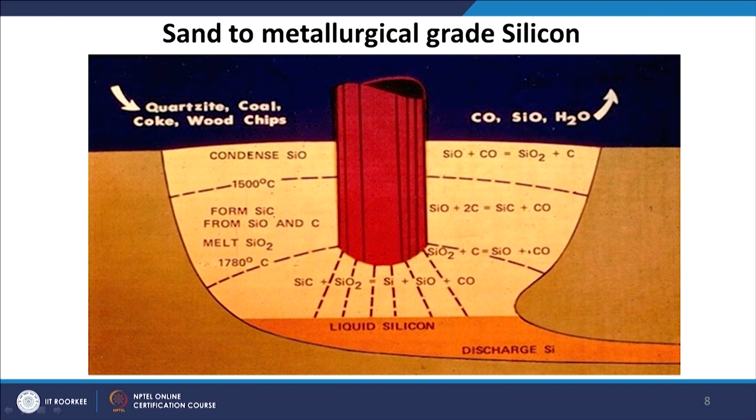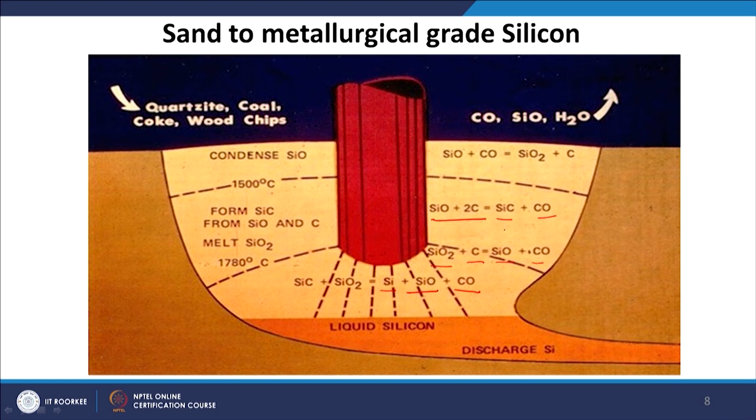From silicon carbide, we get silicon carbide plus silicon dioxide reacting with each other to make silicon, SiO and carbon monoxide. Now, the silicon oxide, or SiO, is reduced by the carbon to get silicon carbide and carbon monoxide. Similarly, SiO2, silicon dioxide, is reduced by the carbon to get SiO and carbon monoxide, and you see that this silicon monoxide further gets reduced by the carbon to silicon carbide.